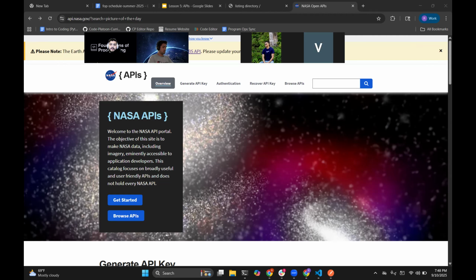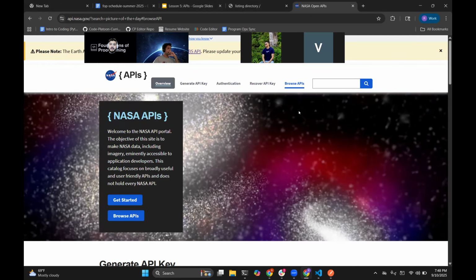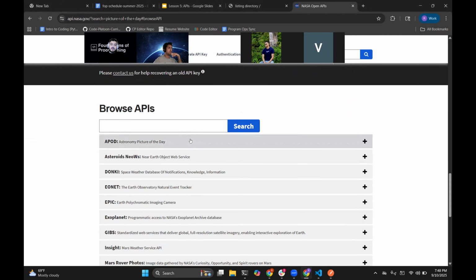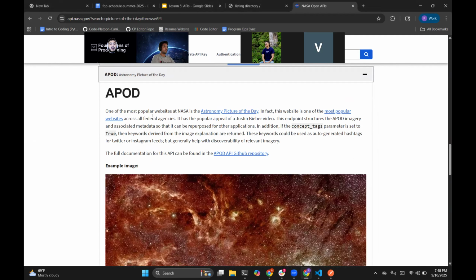But you might have been tempted to check out the browse APIs. It should have brought you somewhere to here where you can check out the different types of APIs they provide for you. And quite literally it is the very first one, which is the APOD, astronomy picture of the day, right? The abbreviation is here, but if you took a second to read it, you see this is the API specific one that I was asking for. It's going to talk to you a little bit about the API and what it does for you. One of the most popular websites at NASA is the astronomy picture of the day. In fact, this website is one of the most popular websites across all federal agencies, right? So,